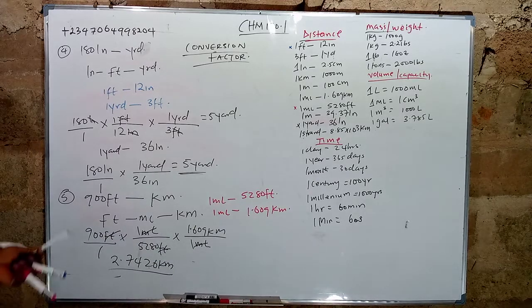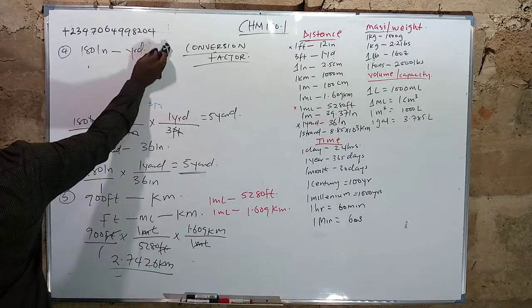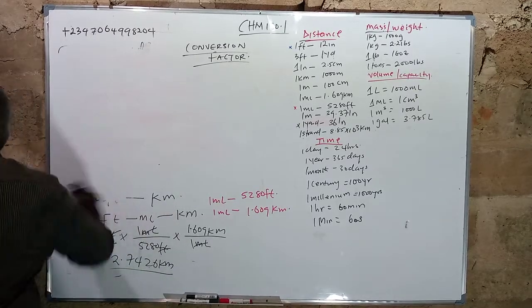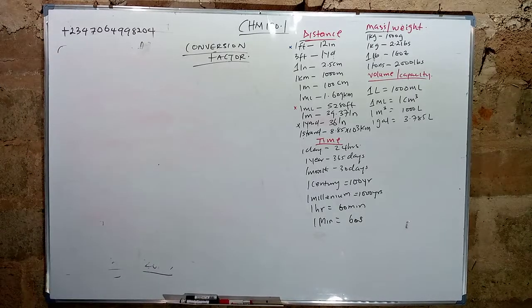So you can see that a one-step conversion cannot solve it. So you have to use a two-step conversion system to solve it. Let's go to the next example, please. So please try as much as possible to be conversant with a lot of things. So number 6. So the number 6 here is